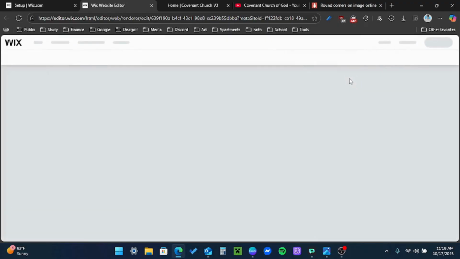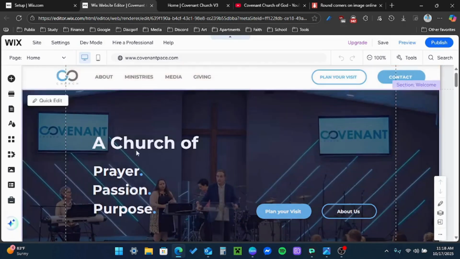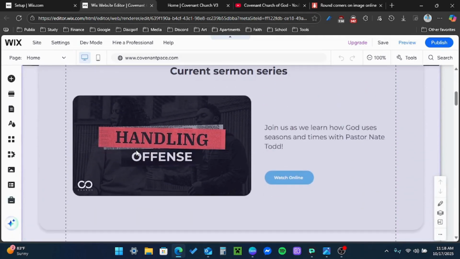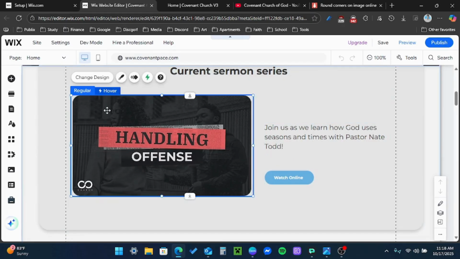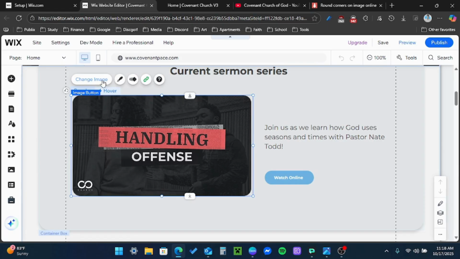Okay, we're going to scroll down here and we'll do the landing page first, and then we'll update the sermon series page after. So you're going to want to click this container box, and then you want to click it again to where you have this button that says change image. Click that,